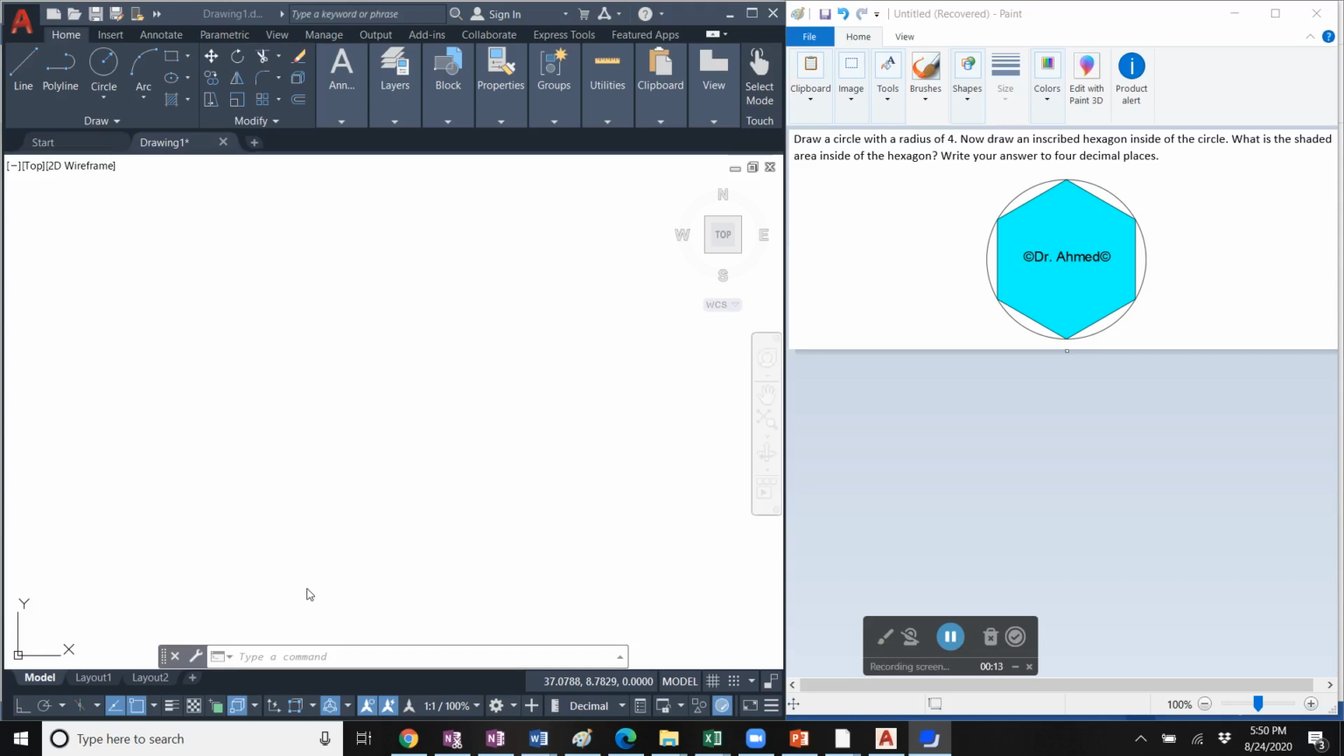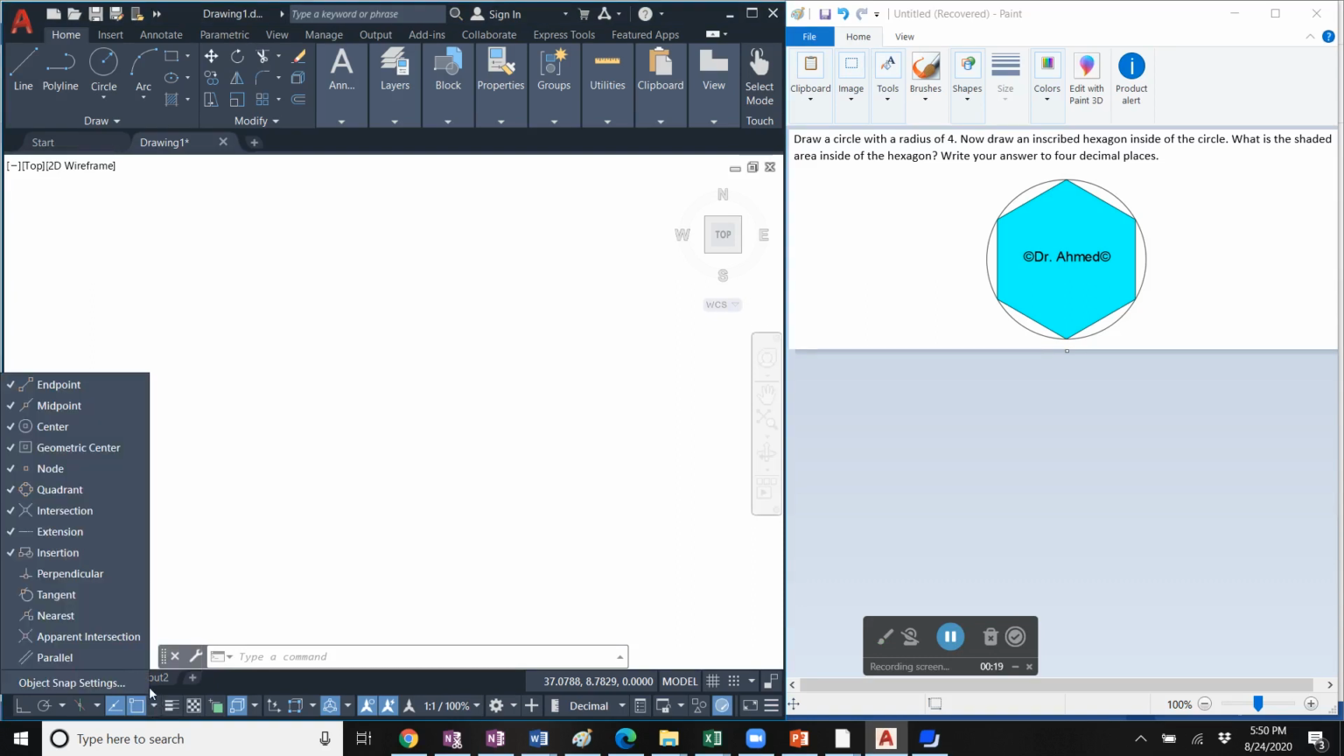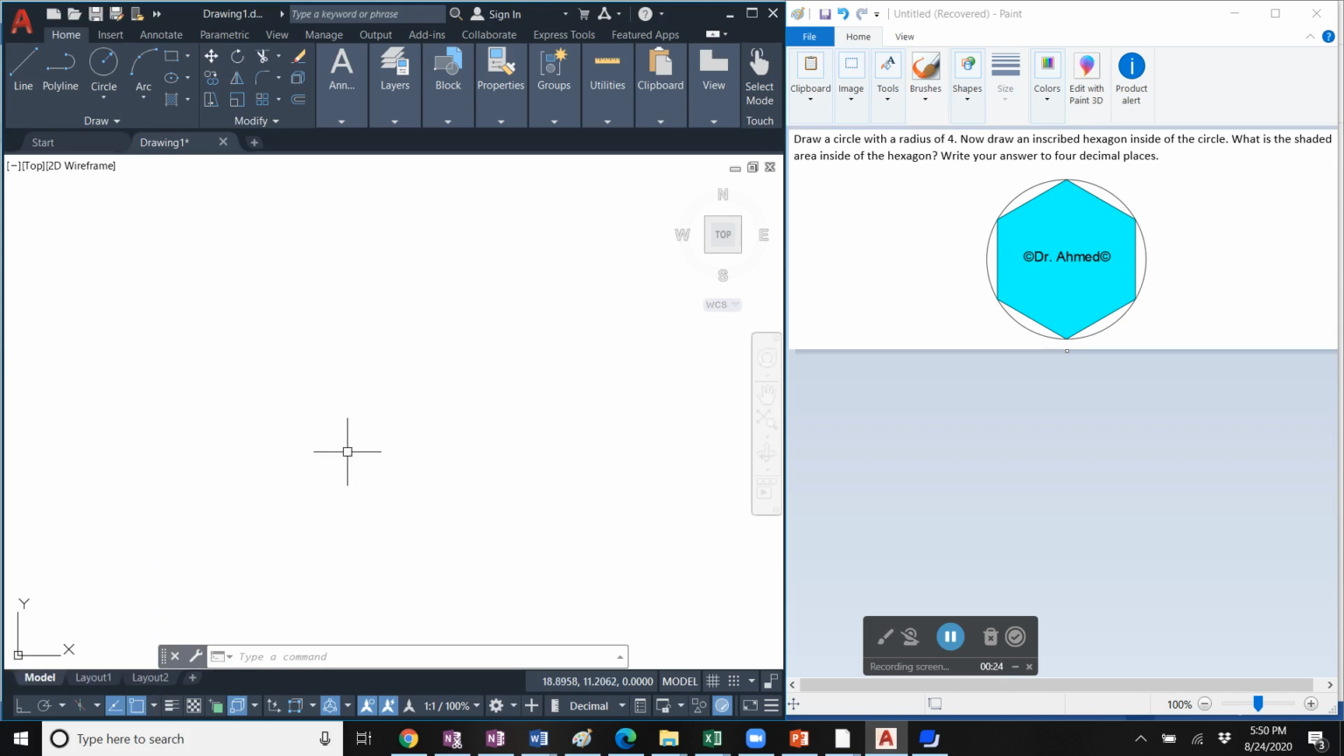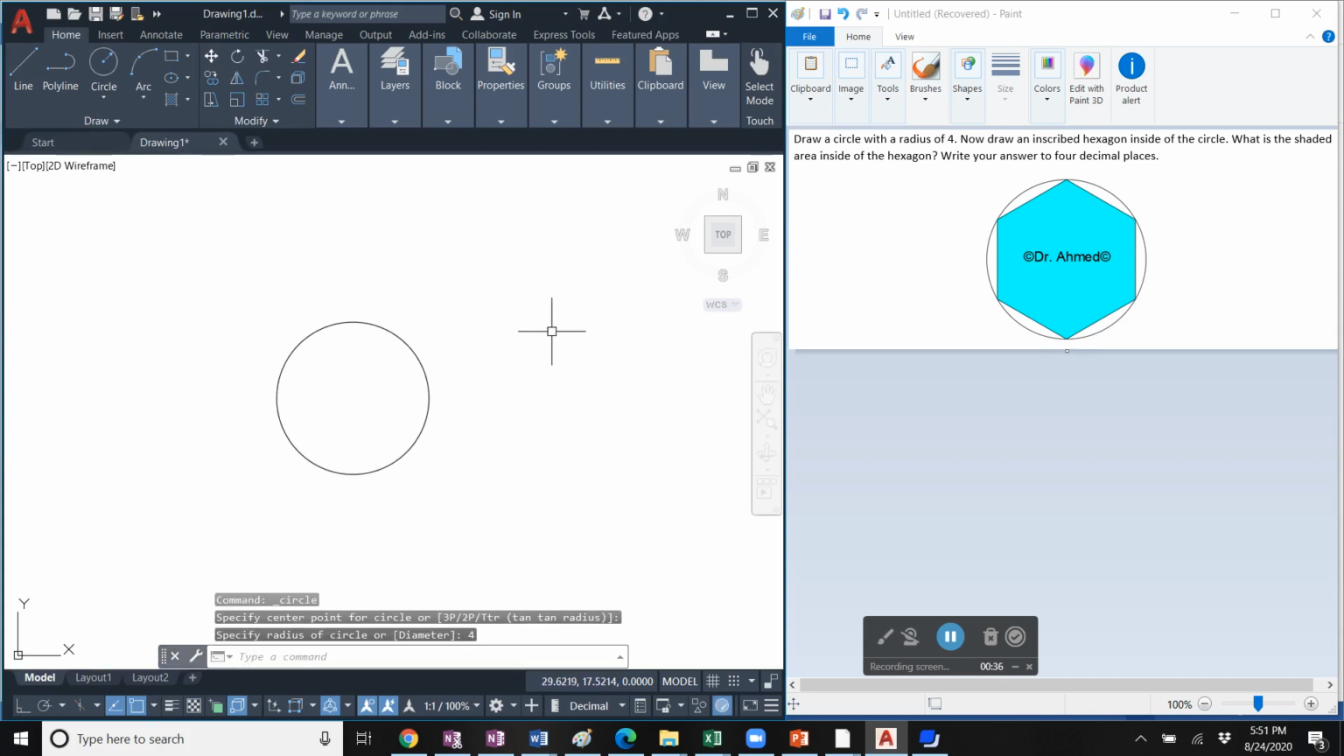First, make sure that under the object snap, the quadrant option is checked. So it is checked here on my computer. Let's go to the circle tool and click the center radius option. Click anywhere on the screen, type 4 as the radius, the center,